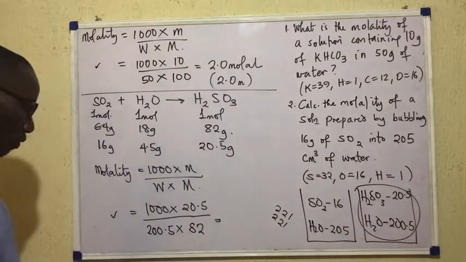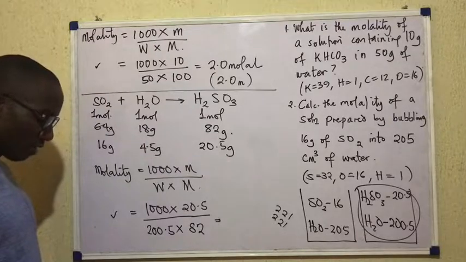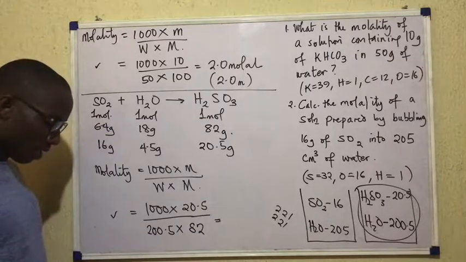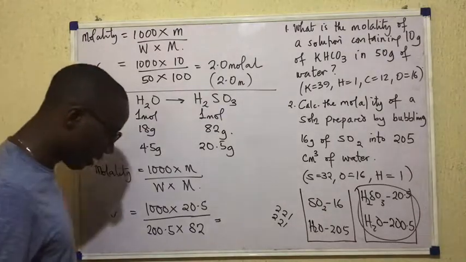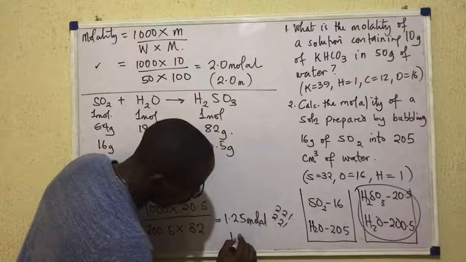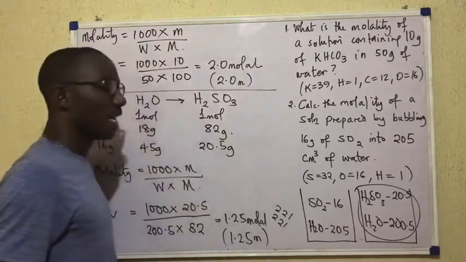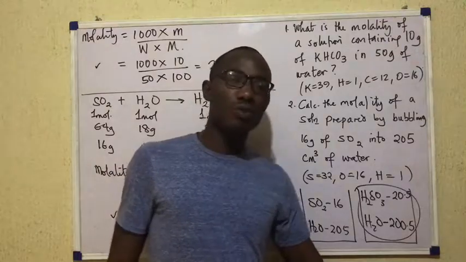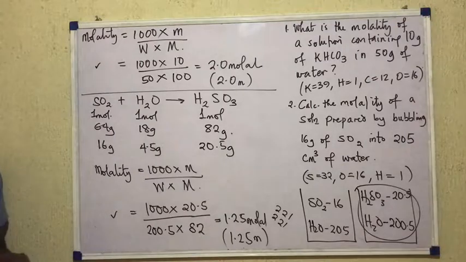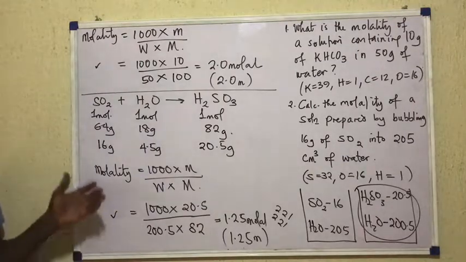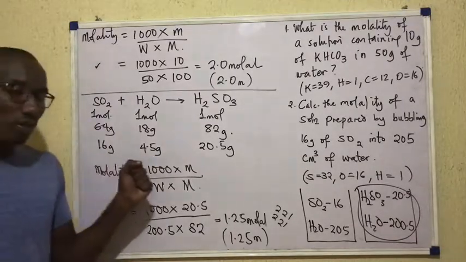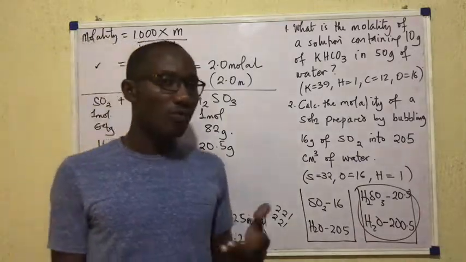So needing a little help from our calculators now, we have 20.5 by 1000 divide 200.5, and then 82. Yeah, that gives us 1.25. So we have 1.25 molar, which we can write as 1.25 with a small m as the answer to this second question. So the second question was actually a question on chemical dissolution, such that you dissolve a substance in water and instead of just dissolving, it actually reacts with the water. That's what we have here. So this is molality. We've solved molality, at least we've solved 2 examples on it. So we can quickly follow that up with